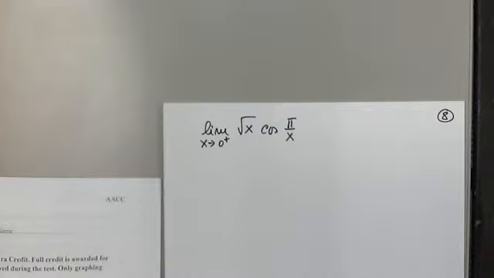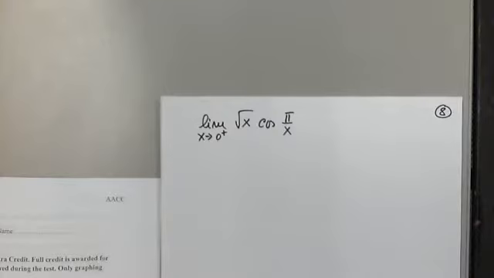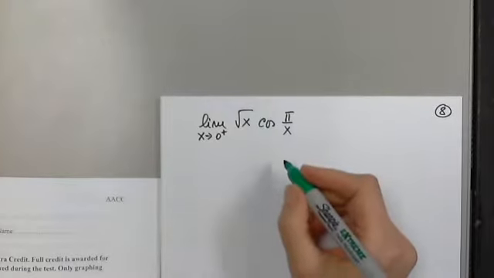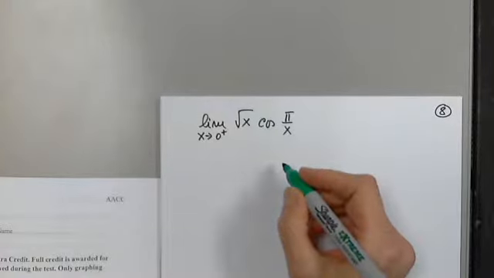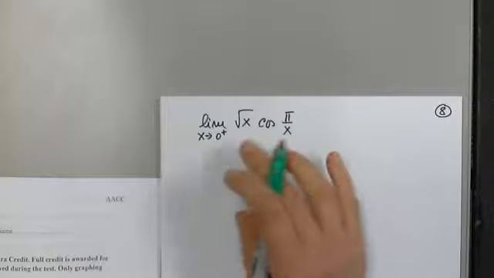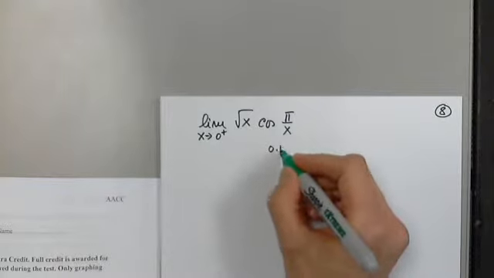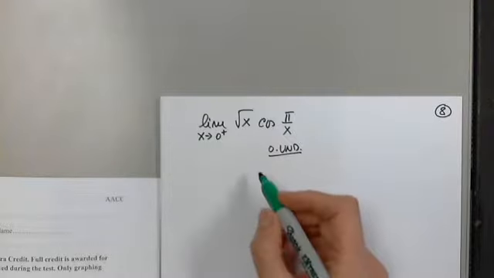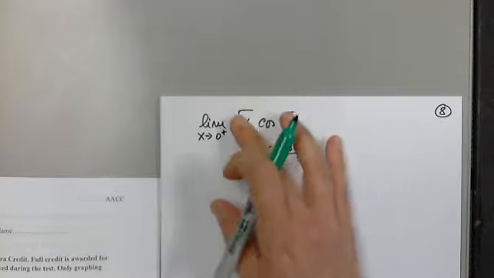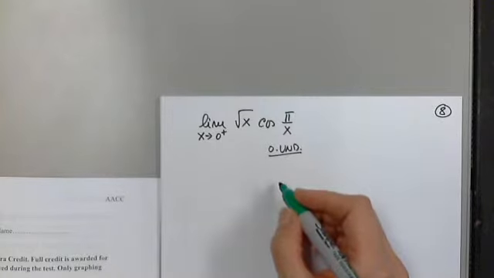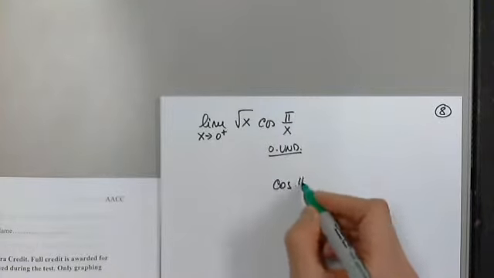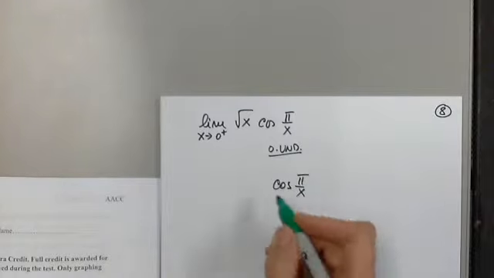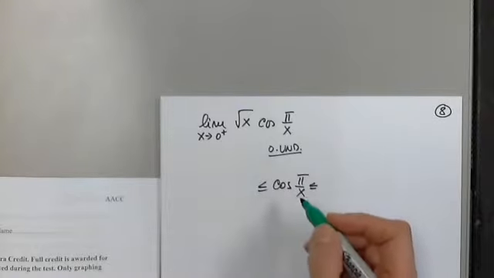Yes? Where do we start? With always? Yes, we plug it in, so this is 0 times undefined. We don't know what that is. So then we start by trying to build this function. Where do I start with? Cosine. Yes, cosine pi over x is always between